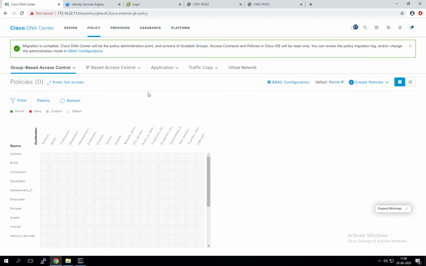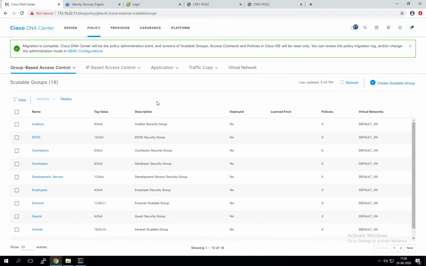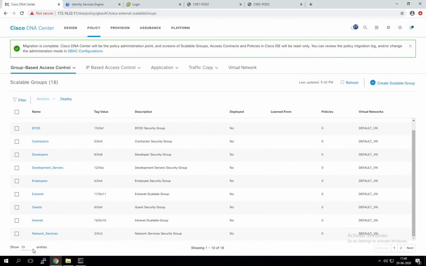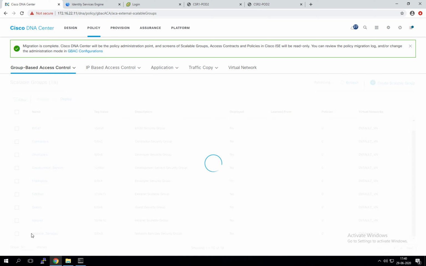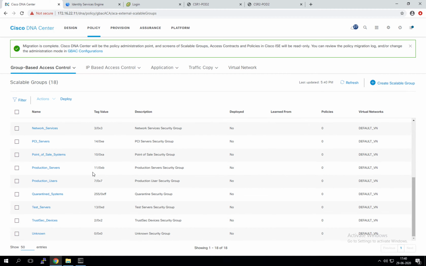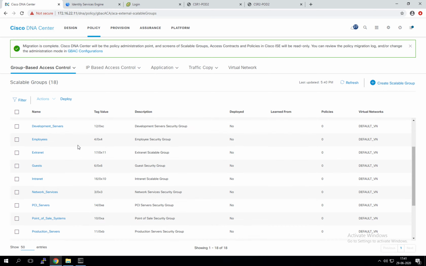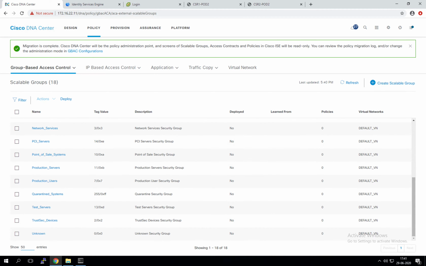So for creating the scalable groups, right now I can go and create it over here. You can see some of the scalable groups. In fact, let me increase this to 50. You can see all the scalable groups are available here, and these are basically synced from your ICE. There are already a lot of scalable groups which we will reuse, like for example employees, PCI servers, and so on. I believe there are 2 of those which are absent here, so we will create only those,